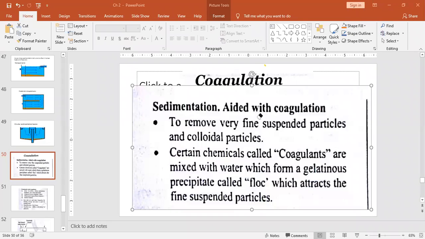Okay, sedimentation with coagulation. Here, when the fine particles will not be settled down in a plain sedimentation tank,